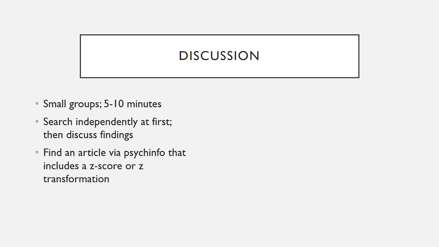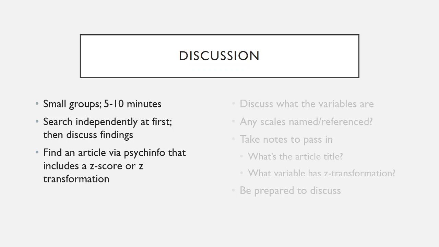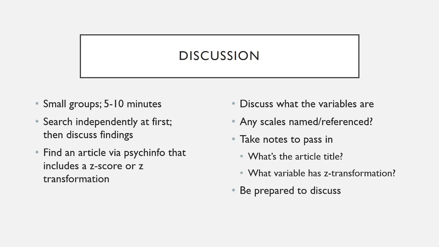So if you wanted to use z-scores for your discussion post, basically just find any other article on PsycInfo that includes z-scores or z-transformations. A fair amount of health variables, so definitely BMI, but other health variables as well, are going to do this z-transformation, so that's a lead if you're interested in trying to find a z-score oriented article. If you find any article that includes z-transformed scores, just discuss what the variables are that were subjected to this